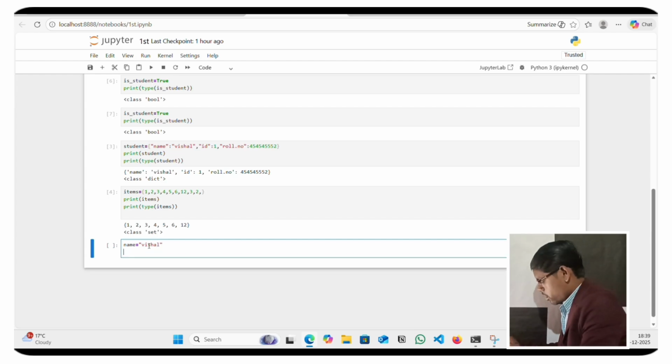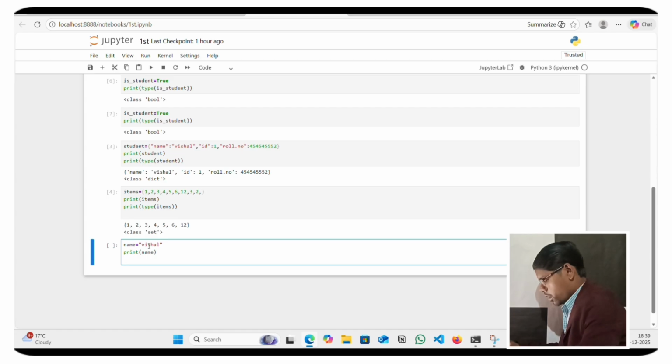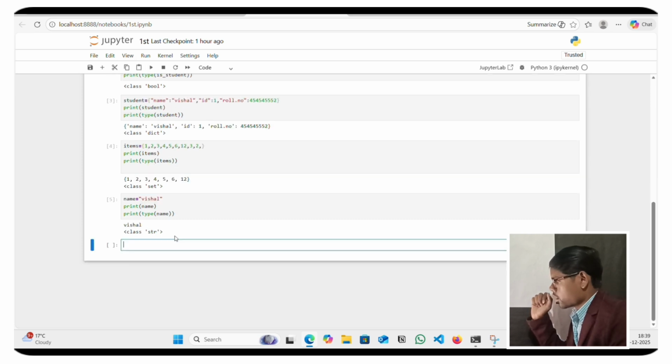Print my name, check the type of name, and run. Yes, name's data type is string. str is the keyword.